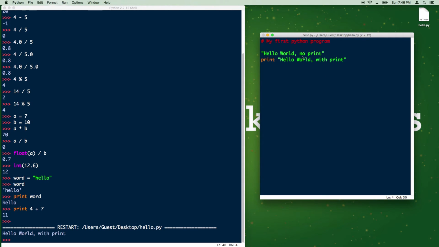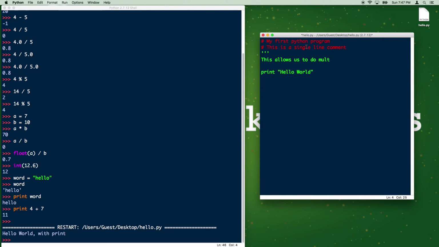So notice that even though I wrote this string here, it's not come out. It's not been printed to the console. So to make things come to the console, we must use this statement print. Okay? Now we can just delete that. That's not really necessary. Let's get rid of the with print, and I'll show you a few other commenting techniques. We can do single line comments with hash. This is a single line comment, or we can use 3 apostrophes, and this allows us